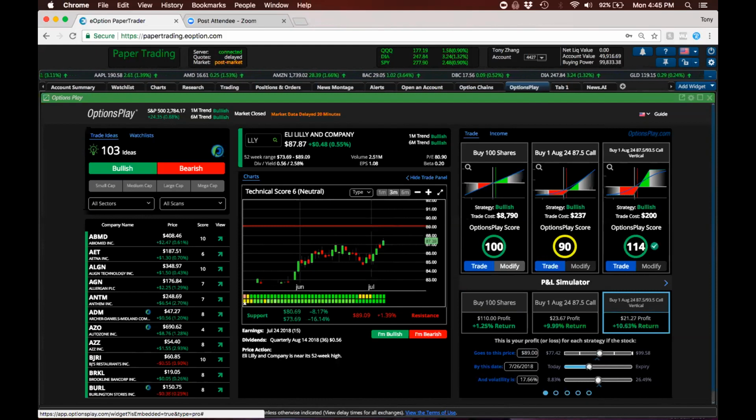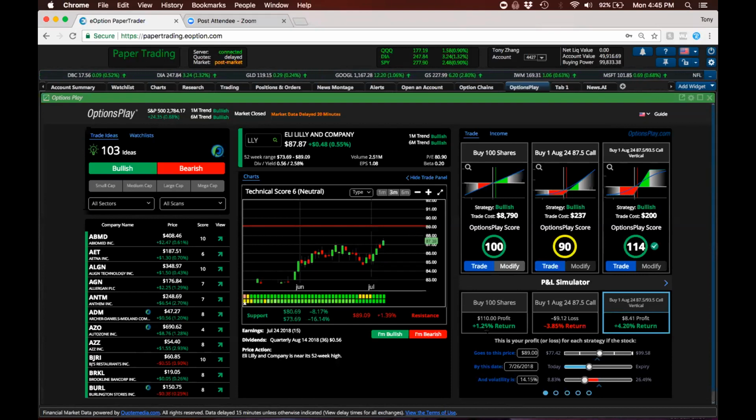So let's say on July 26th, the stock goes up to $89, which is not very high, only about a little over $1 above the current price. And we know that volatility comes down. Volatility crush comes down a little. So what happens if we assume the volatility comes down modestly? So here are the assumptions that we can make. I think the stock's going to move a little bit higher by July 26th, which is a couple of days after earnings, and we know volatility always comes down after earnings.